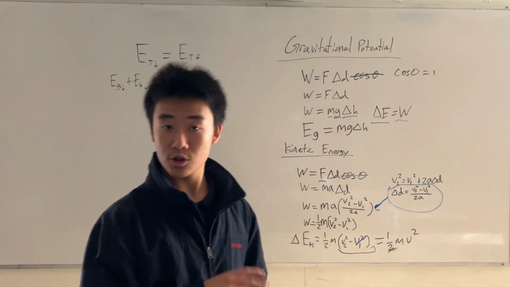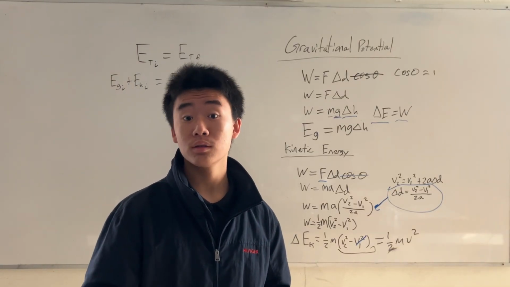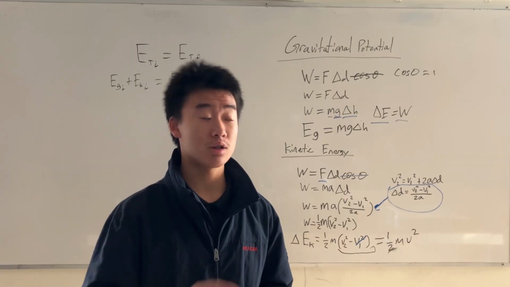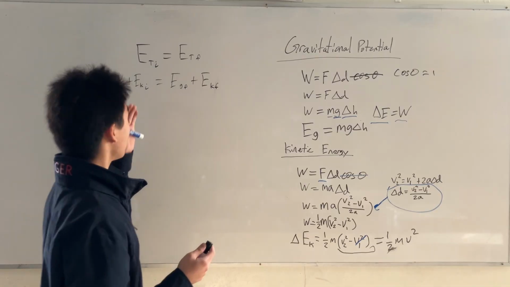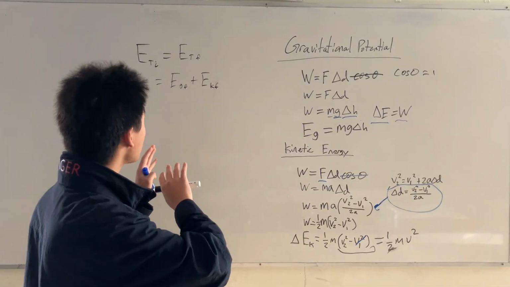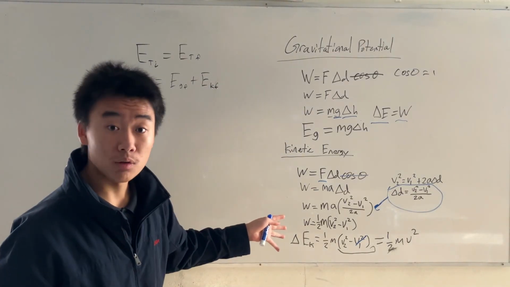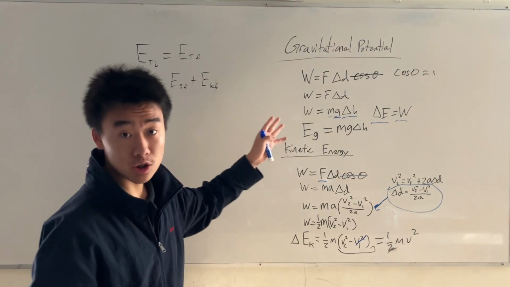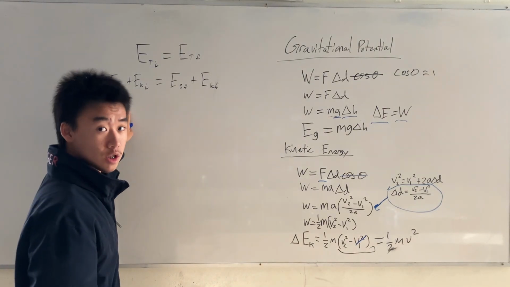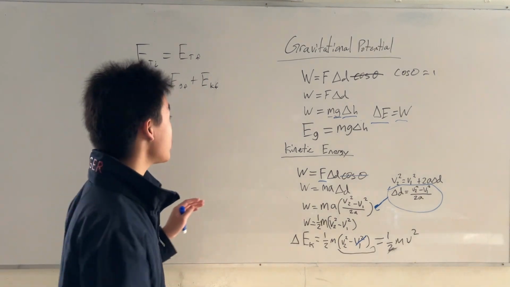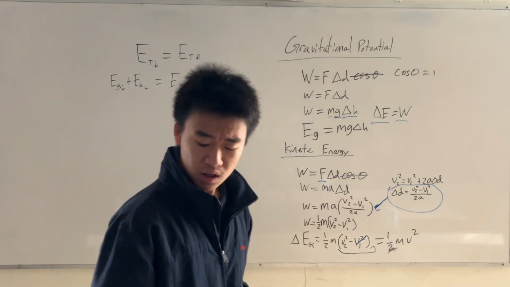Now, some of you may have noticed that I excluded friction. This is because in an ideal roller coaster, the track would be frictionless. However, if we do take into account friction, because there will be problems that I'll also show that include friction, then our equation is that our initial energy is equal to the total final energies, and because they're all mechanical energies, meaning that it's just gravitational potential energy and kinetic energy in this case, the initial gravitational potential energy plus the initial kinetic energy would be equal to the final gravitational potential energy plus the final kinetic energy. And including friction,